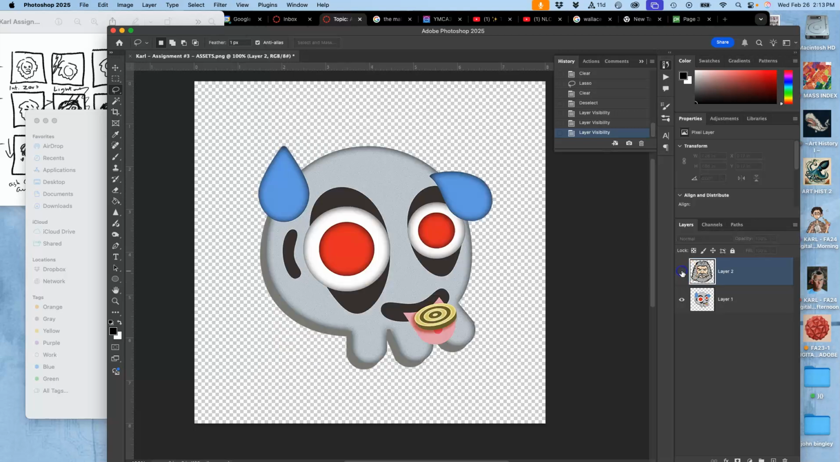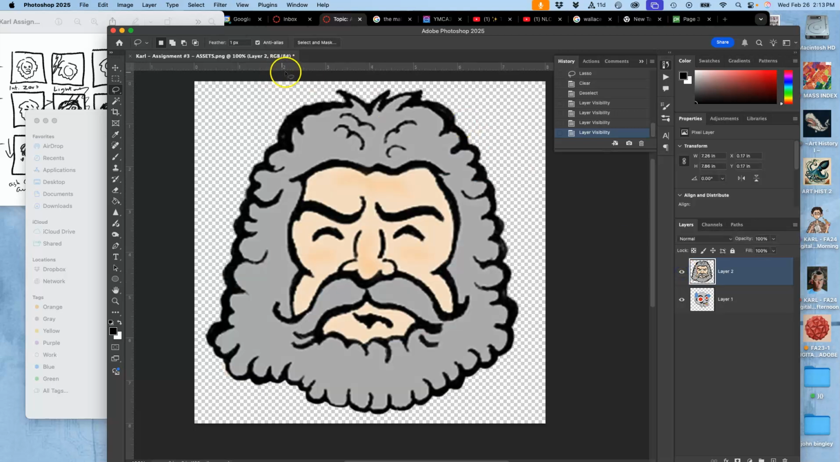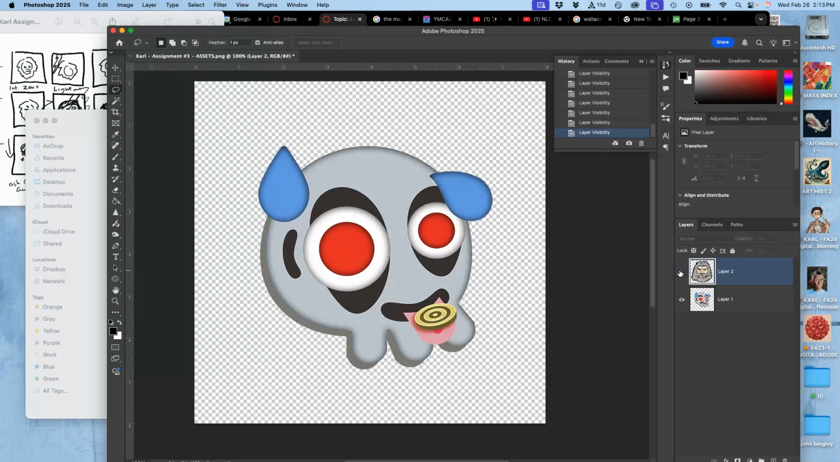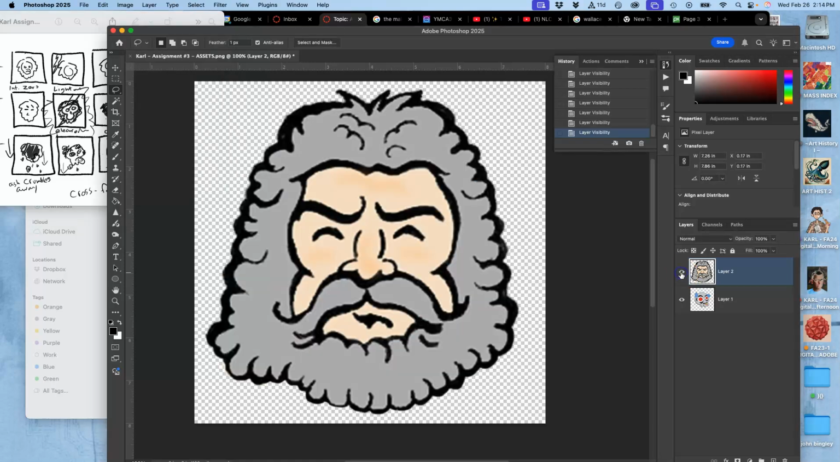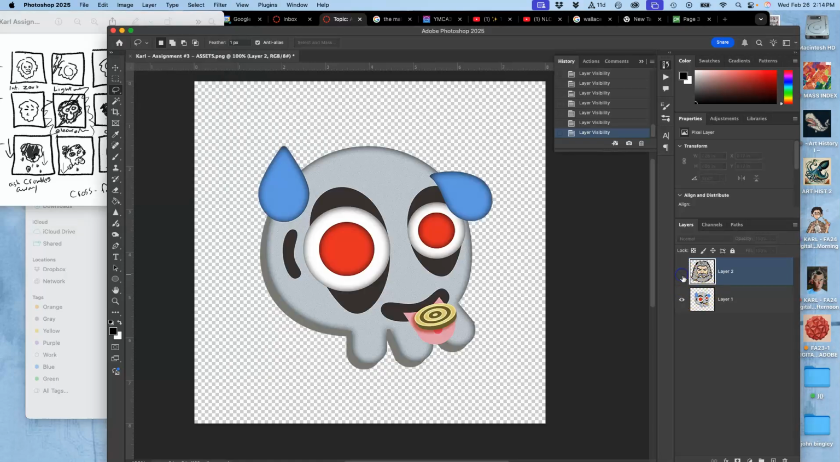All right, so I'm building my assets. I'm building everything at 8 inches by 8 inches by 100 pixels per inch. And I'm also thinking of all the things I want in my story. So I need to build those assets. So this Zeus isn't inspiring enough to me yet. So how can I change that? Well, what I can do,